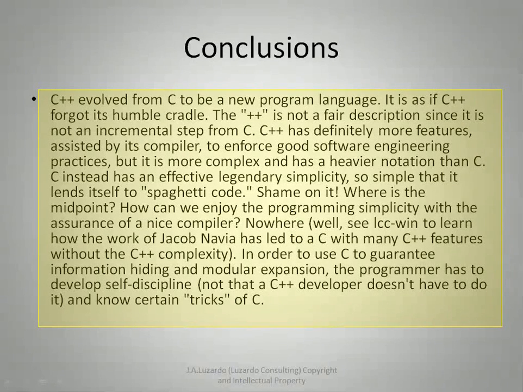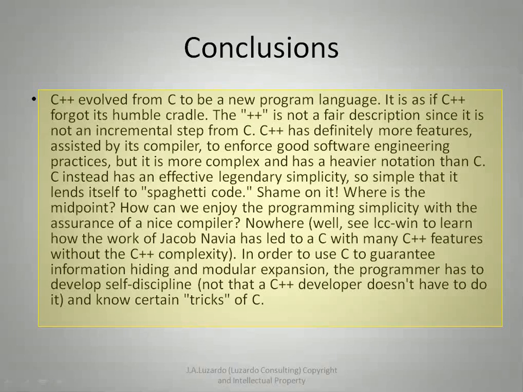C++ evolved from C to be a new programming language. It is as if C++ forgot its humble cradle. The plus is not a fair description since it is not an incremental step from C. C++ had definitely more features assisted by its compiler to enforce good software engineering practices, but is more complex and has a heavier notation than C. C instead has an effective legendary simplicity, so simple that it lends itself to spaghetti code. Shame on it. Where is the midpoint? How can we enjoy the programming simplicity with the assurance of a nice compiler? Nowhere. Well,